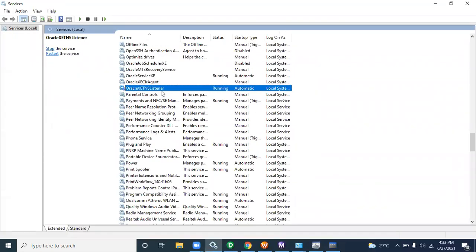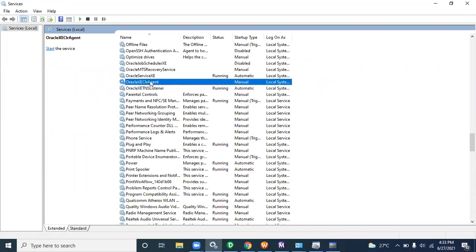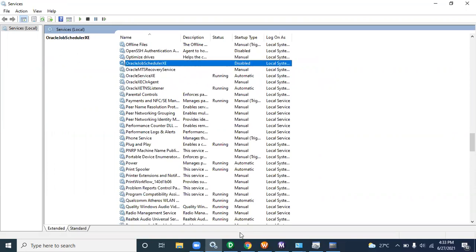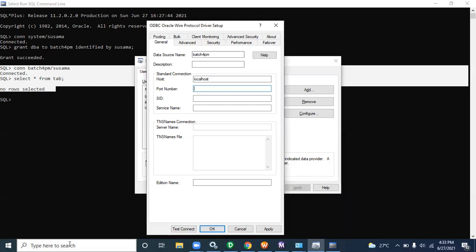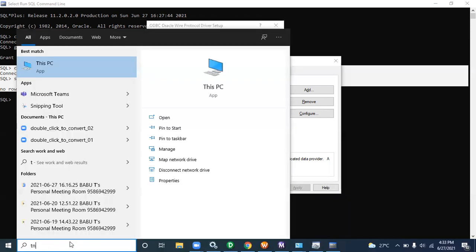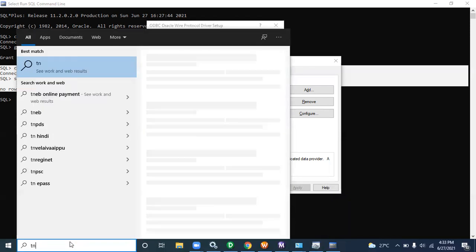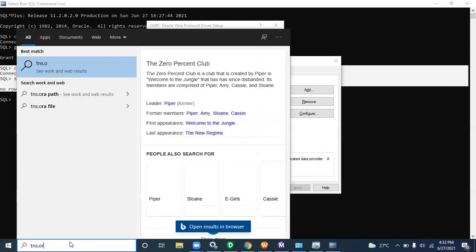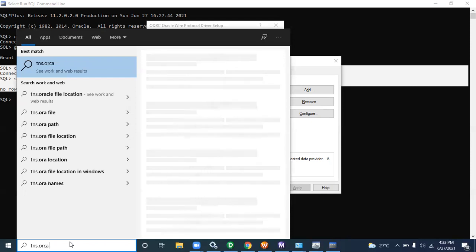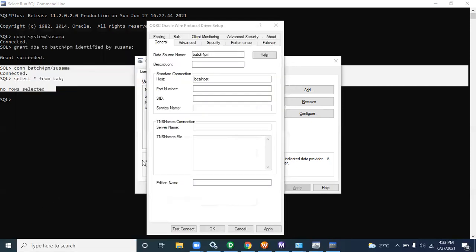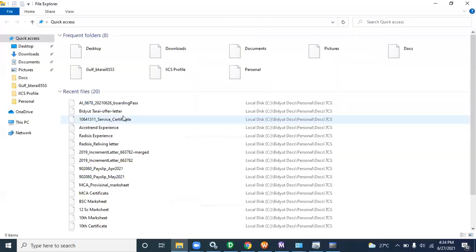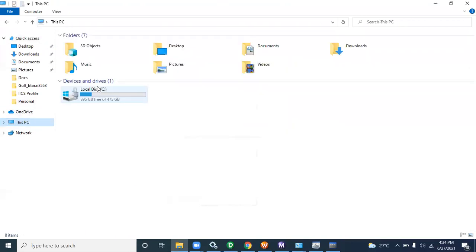Oracle TNS connection, see here. Okay. Let me show you.